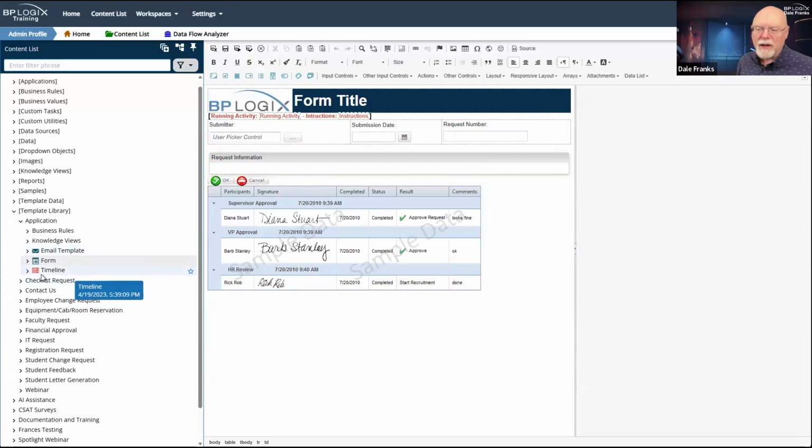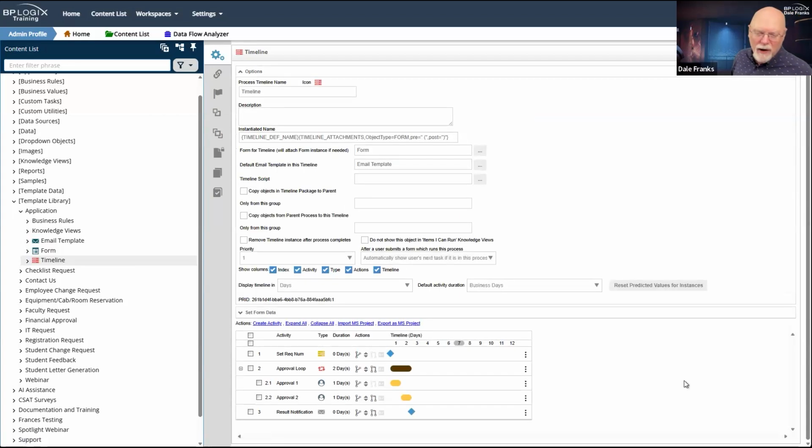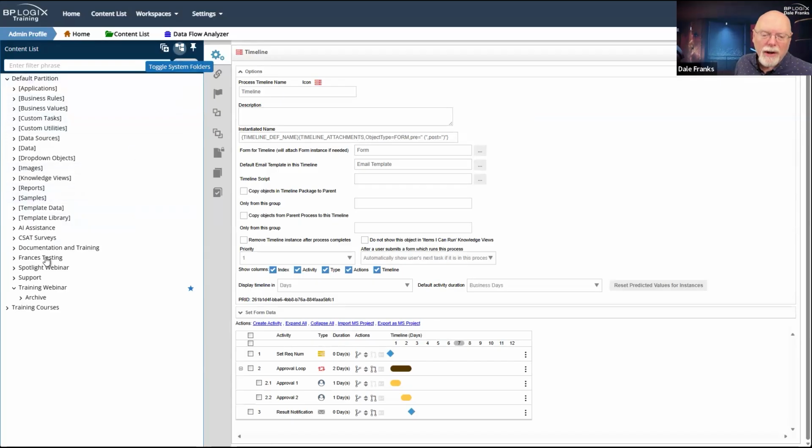Similarly, with the timeline definition itself, I've already got my set request number. I've got my approval loop with approval 1 and approval 2. They're not fully configured. Again, they are just stubs, but they are there. I don't have to rebuild this configuration with my approval loop. It's all done for me. Plus, of course, when I go into my options for the timeline definition, my form and my email template are already hooked up. So normally for me to build a new application in Process Director,